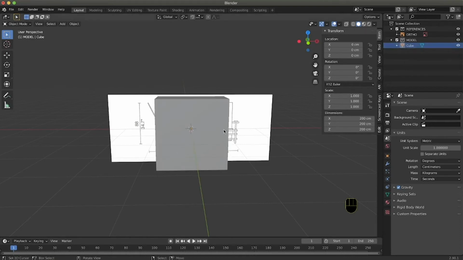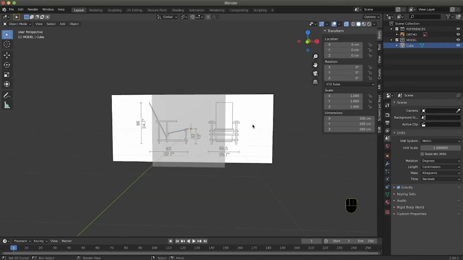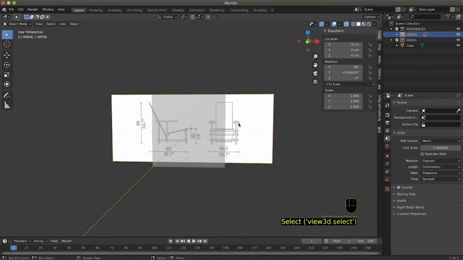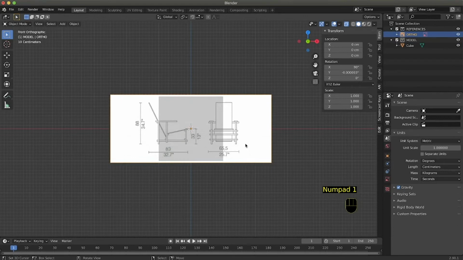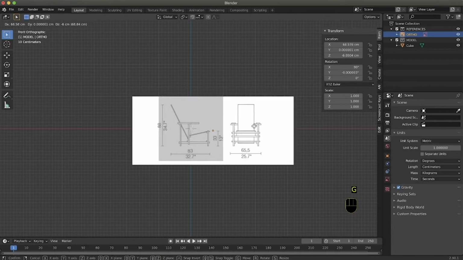the cube again. Here on the top you can see various modes, and this one is the one that we are going to use, the toggle X-ray. So we need to see through the cube. We need to make sure that this background image matches the size of the cube, at least from this point to this point. So we go in ortho, and we press numpad 1, then we select, of course, the background image. We press G, and we place the image more or less in the center of the cube.